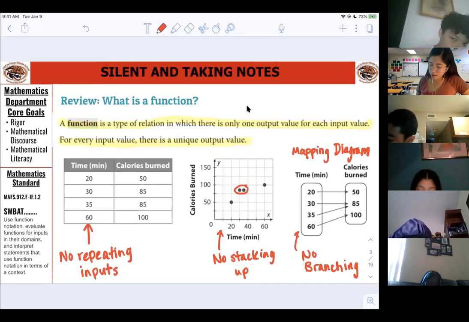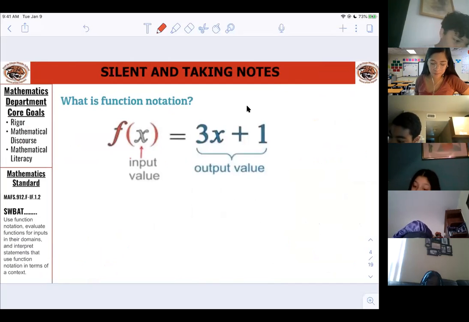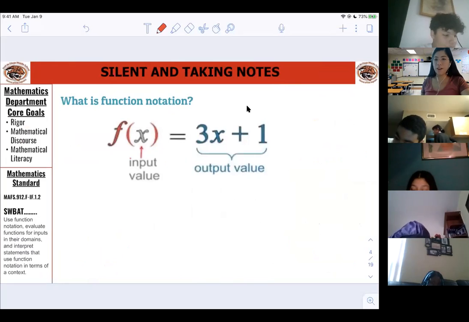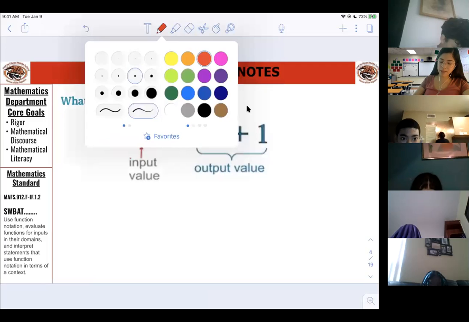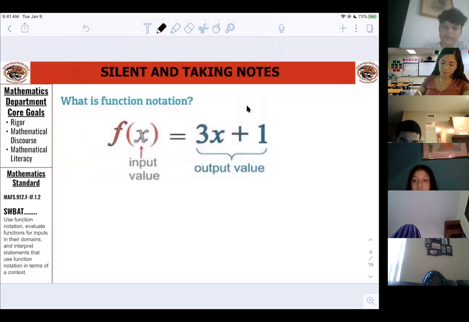Cool. All right. So now what we're going to be doing is we're going to evaluate a function. So the first thing we got to learn and understand is function notation. So y'all know how in algebra, they always try to make things look confusing as heck, but it's actually not that hard. Like that happens all the time. So this is another example of that. Basically, this is how we write a function. And the way that I say this, if I wanted to read this out loud, I would say f of x equals